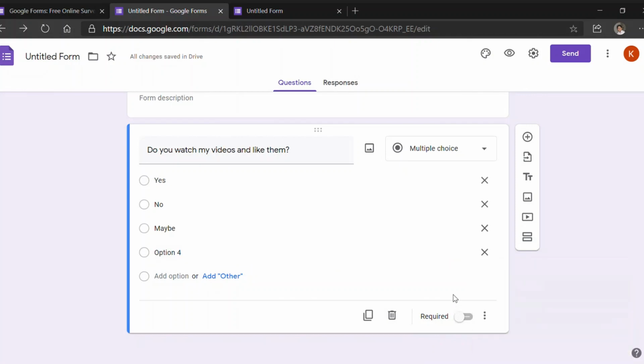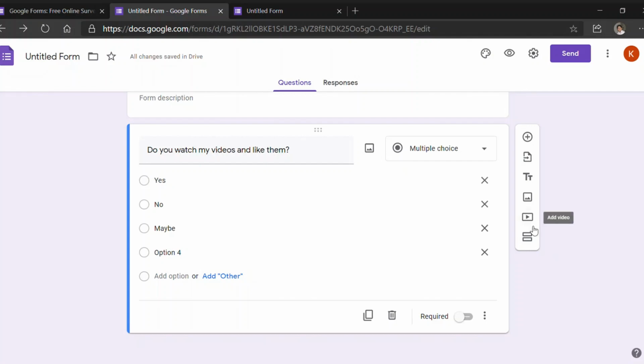On the right hand side of the question, you will see 6 more options which are add a question, import questions, add title and description, add image, add video, and add a section. You can do various things by these buttons.